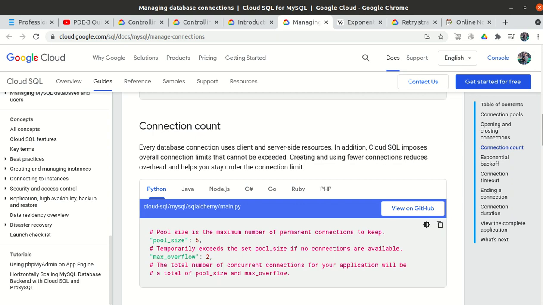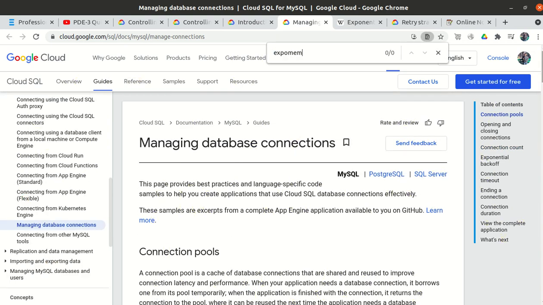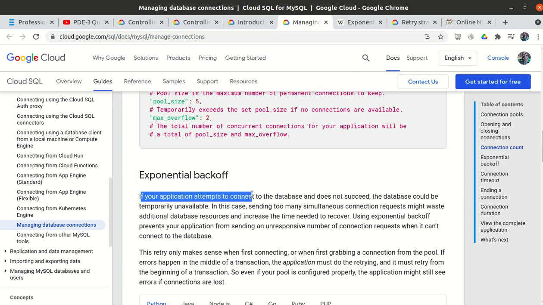This is the exponential backoff page, the official documentation on cloud.google.com. It says that if your application attempts to connect to the database, the same question which we have, and does not succeed, the database could be temporarily unavailable.